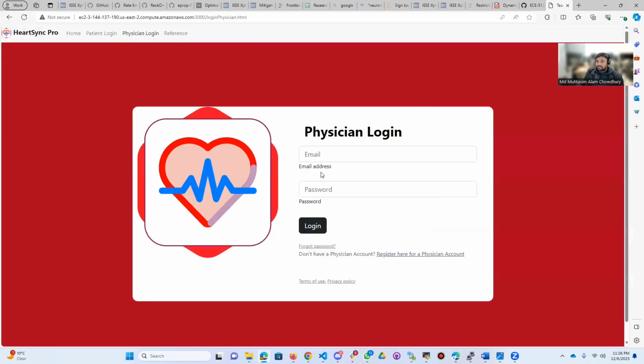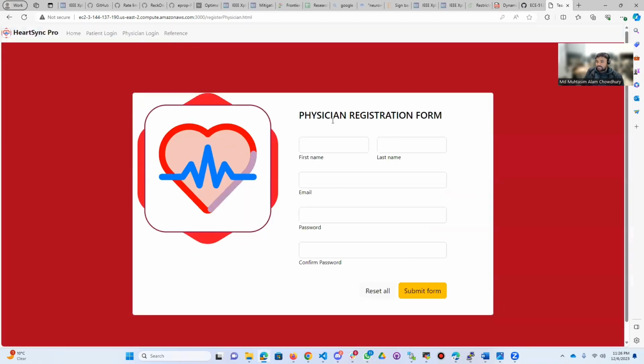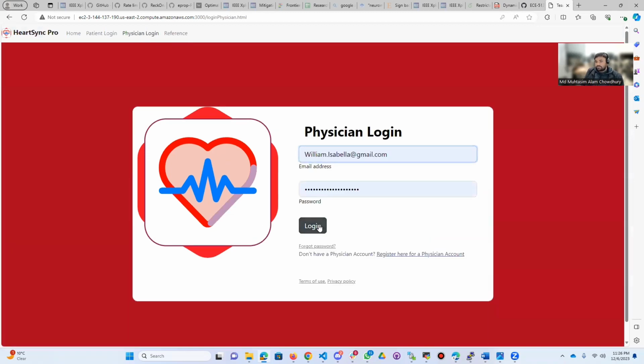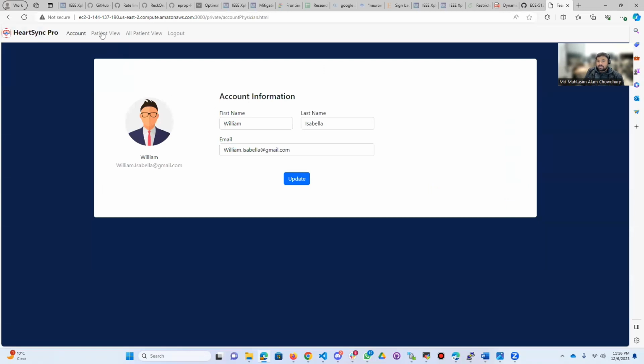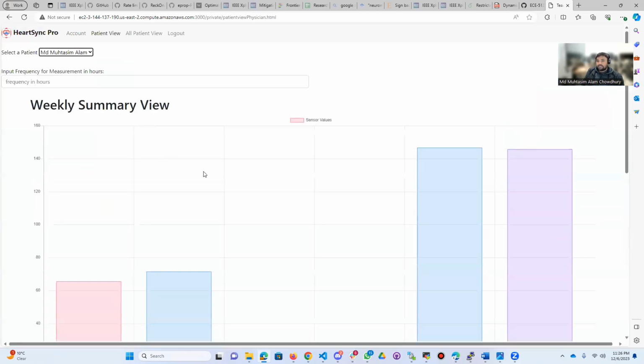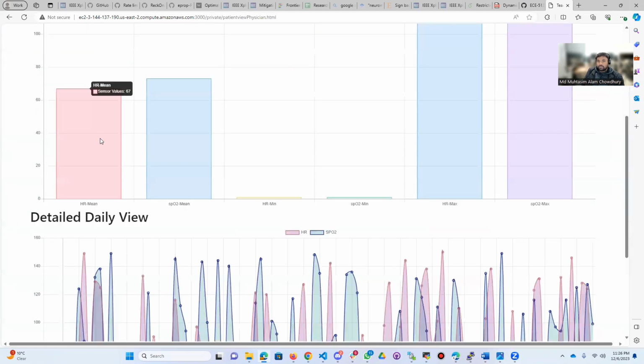If you go into the physician side, same for the registration. You can register here the same. And if we just insert, we have one from the previous. If you insert, you can see patient view, and you can choose patient like this, where you have one